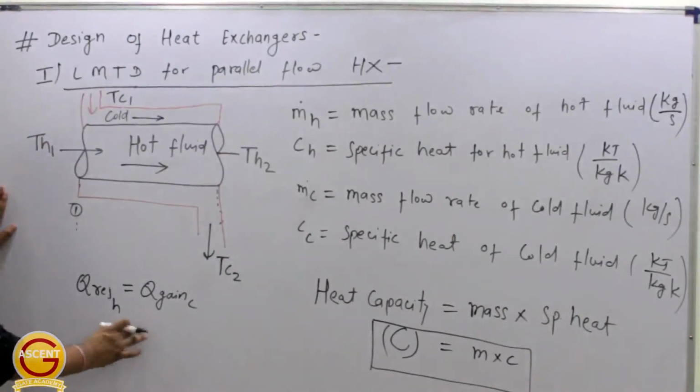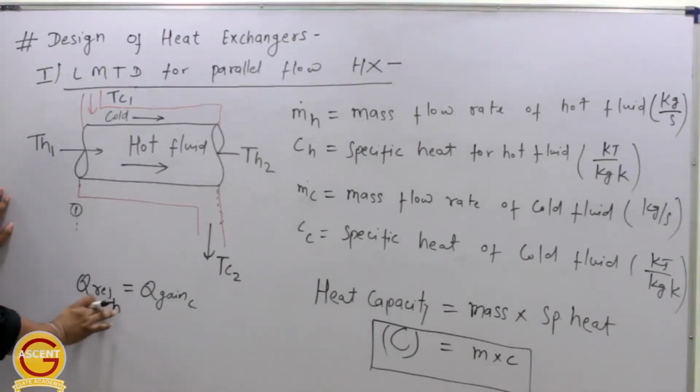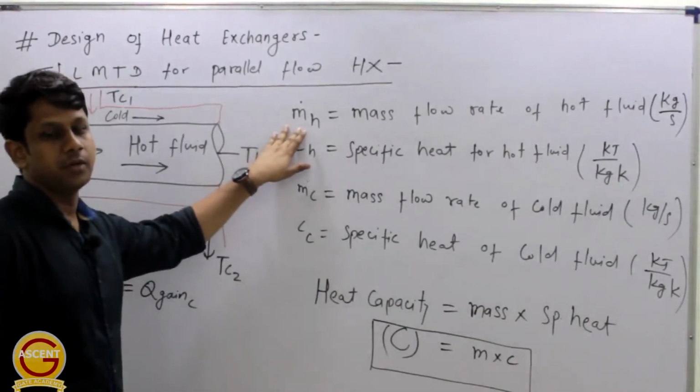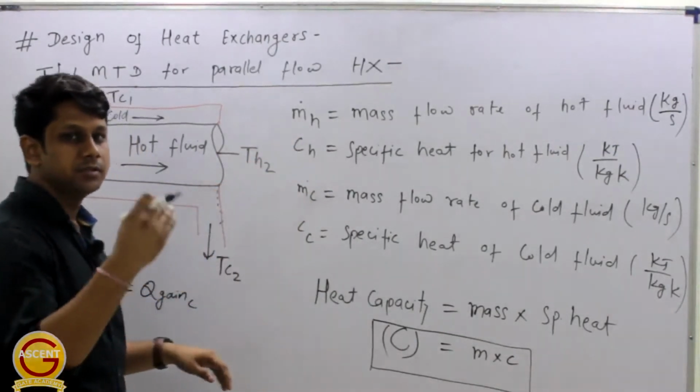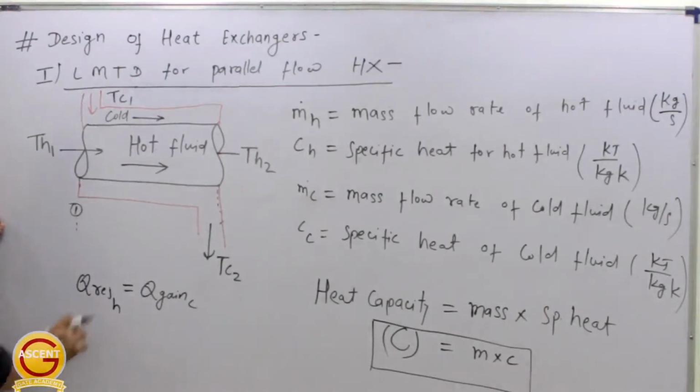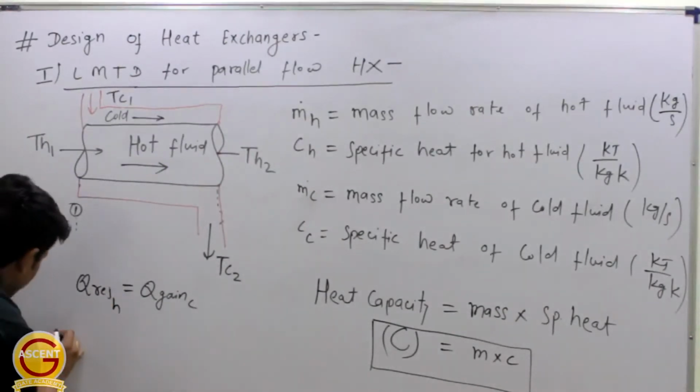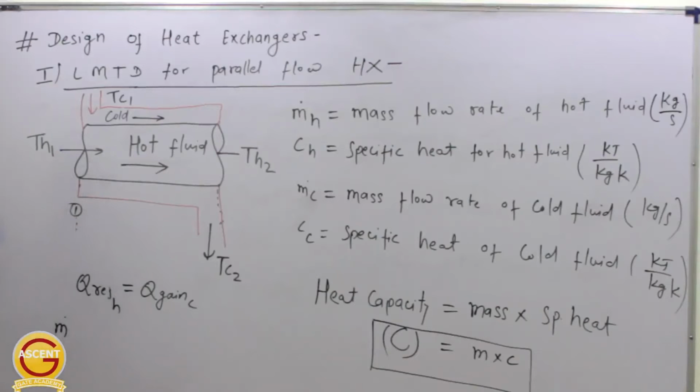Now come back to this equation, the heat transfer. Let's say we want to write down the Q rejected formula for this hot fluid. So what will be that formula? It will be mc dt, the heat transfer formula. And because it is a rate of heat transfer, we will take the mass flow rate, then only we will get it in watt or joules per second. So Q rejected by hot fluid will be mass flow rate m dot into the specific heat Ch multiplied by T2 minus T1.